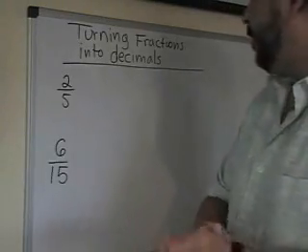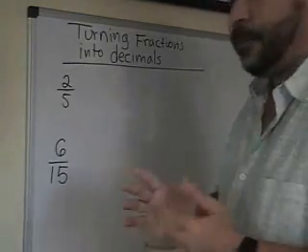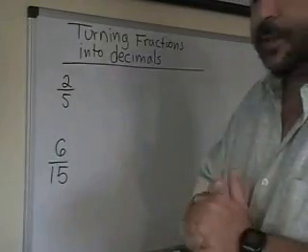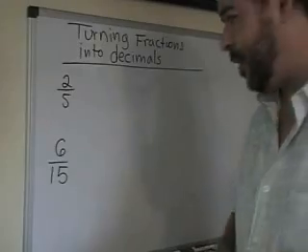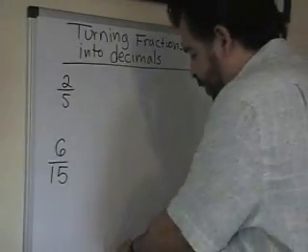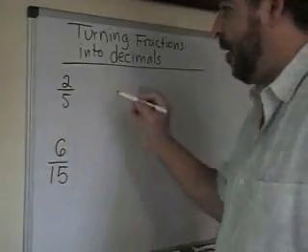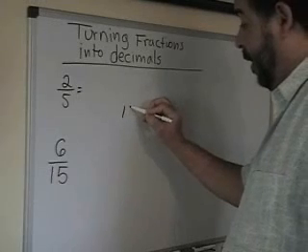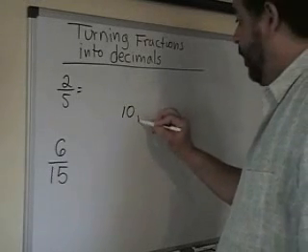Okay, we're going to learn about turning fractions into decimals. Fractions and decimals really are the same numbers, they're just written differently, just like percents. We'll get to that one later. To turn a fraction into a decimal, you must get a denominator that's either 10,